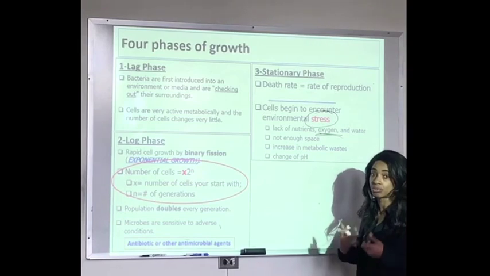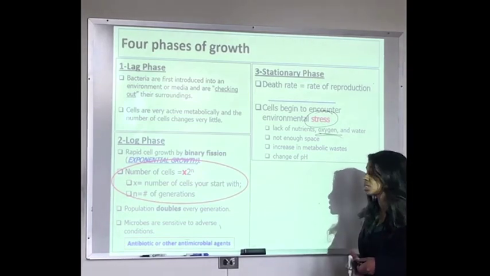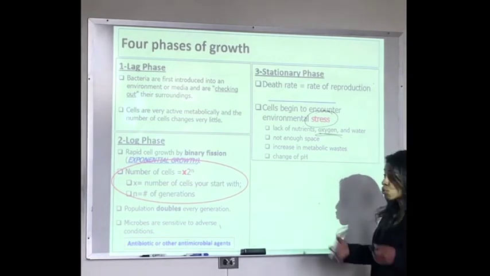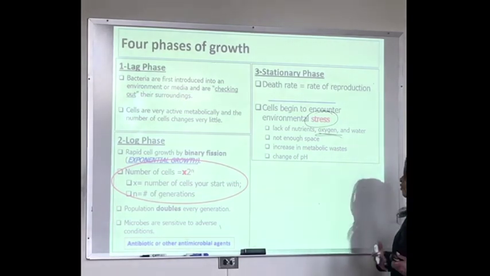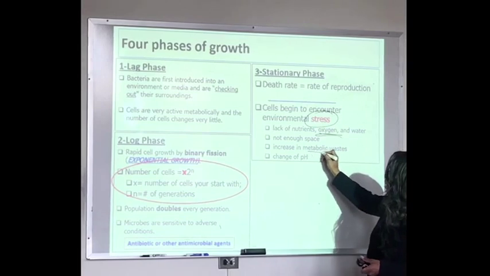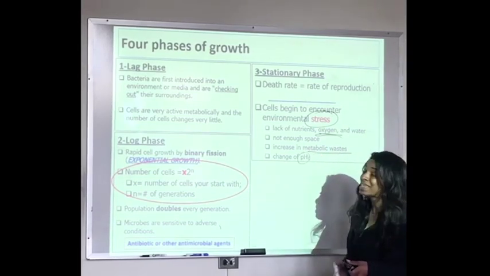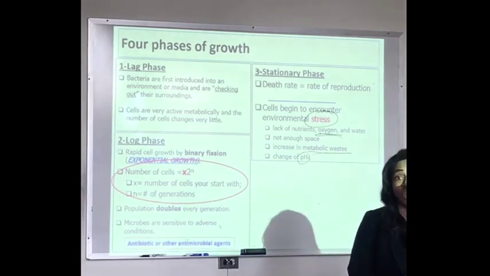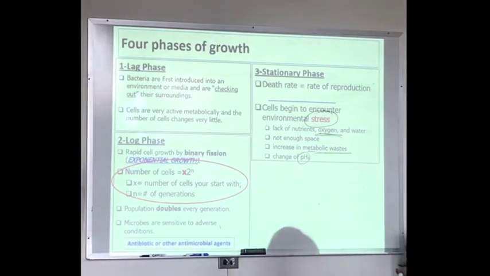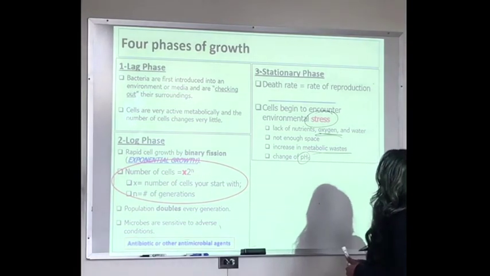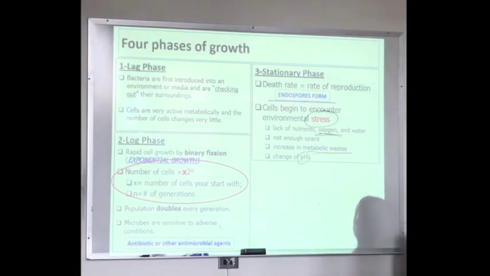And of course, as they're taking in stuff, taking in this food, they are going to be releasing lots of waste, right? And that waste is also going to cause the pH of that environment to change. So the cells don't like it, and they will not be able to survive. Some cells have the ability to get through the stationary phase and live on to get through another cycle of growth. And these cells may tend to form